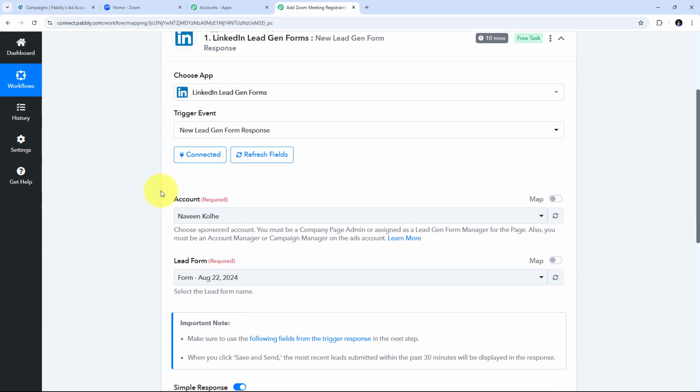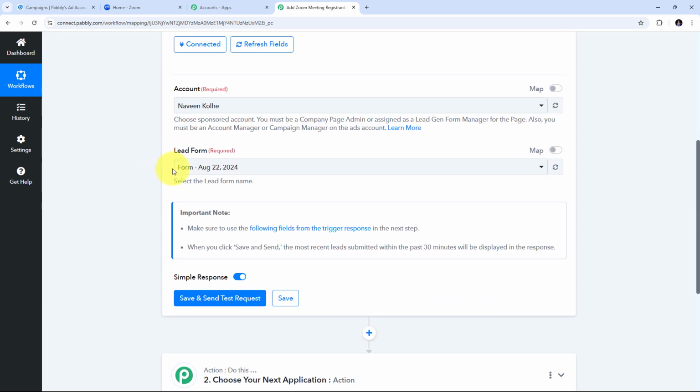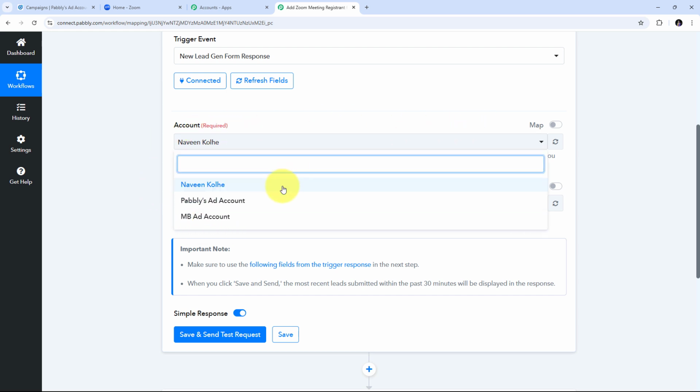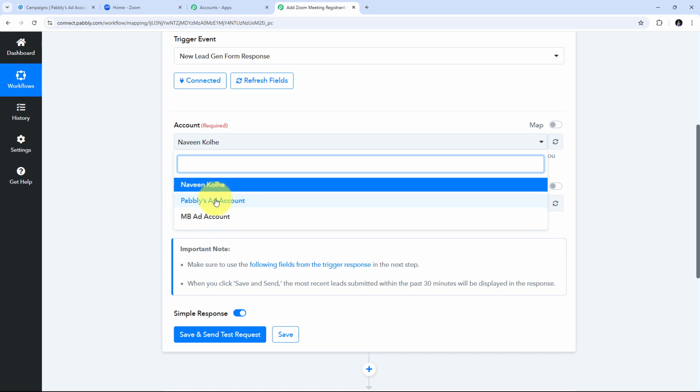Now here we can see I have these two tabs of account and lead form. So here what I'm going to do is I'm going to first select my account. So I need to open this tab. And here I have these three accounts, and I can select any particular account that I want to use, or I need to select the account where I'm running my ad campaign. So I'm going to select my account here,